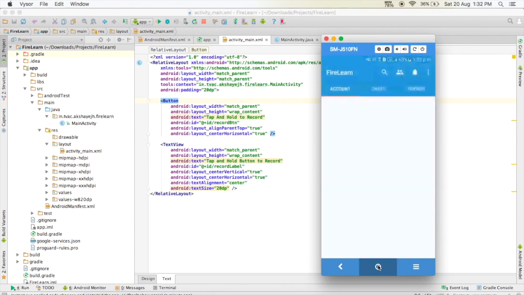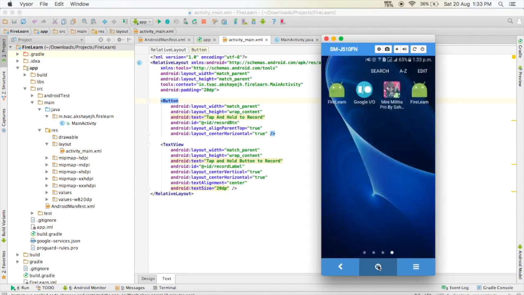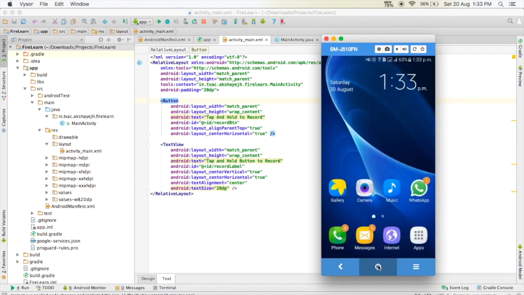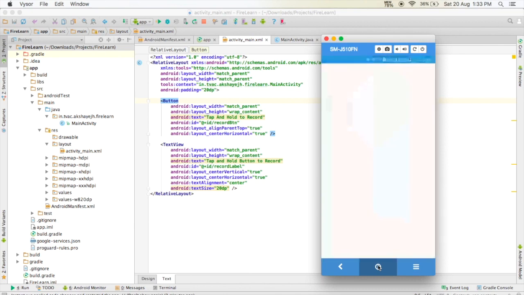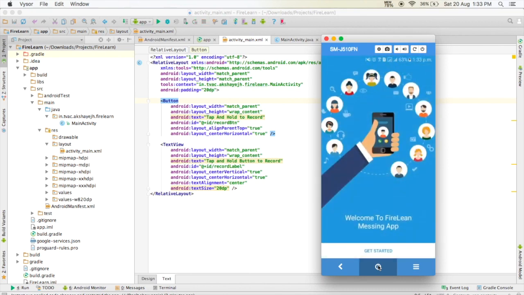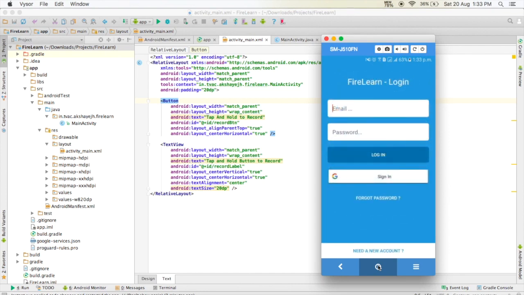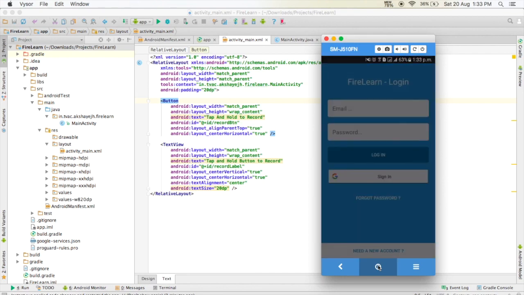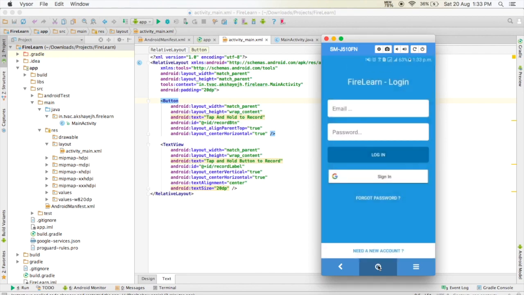This is actually the one that I'm testing right now, and we will be creating this app for our tutorial that I was talking about, the chat app. Let me just give you a quick look. Let me log out. That's how the home page is. Get started, and this is the login screen. You can log in with email or by Google account. Forgot password, need a new account, and obviously it's gonna ask you for multi accounts if you have logged in,